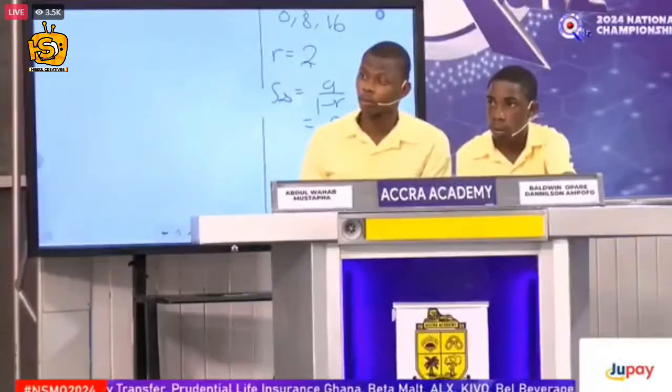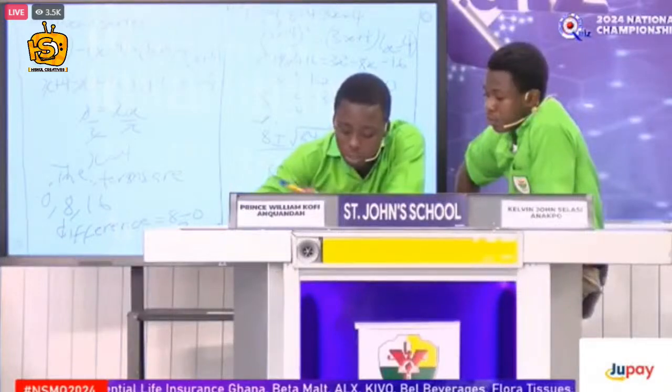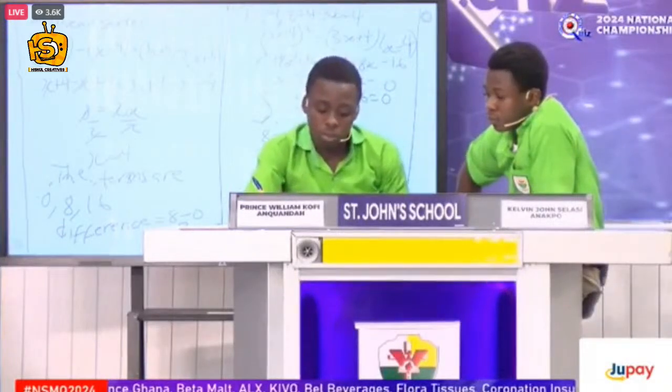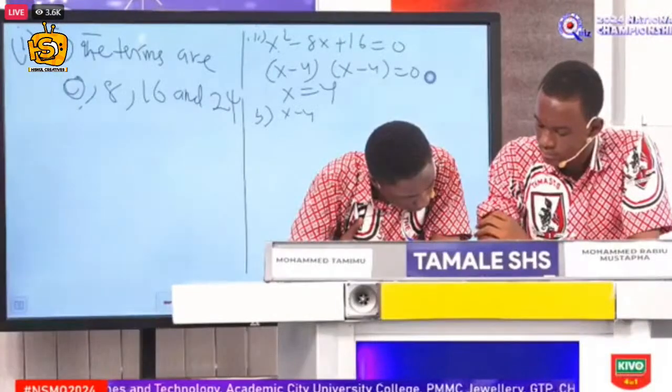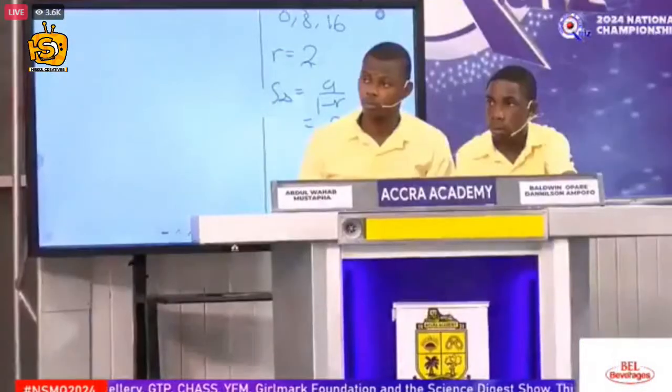All right. Then you have to find possible values of the common ratio. Okay, so now you see that there are 2 possible values of the common ratio. Since we have 4 plus or minus 4 root 2 for x, there are 2 possible values. So for the first one, for x equals 4 plus 4 root 2, r is going to be, take one term, divide by the other term, and you get the ratio. So you have 8 plus 4 root 2 divided by 4 root 2, and that will give you 1 plus root 2. If you get this value of r, you get 1 more point.